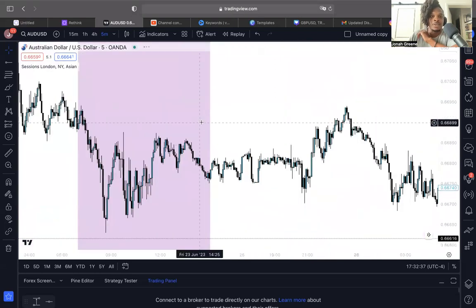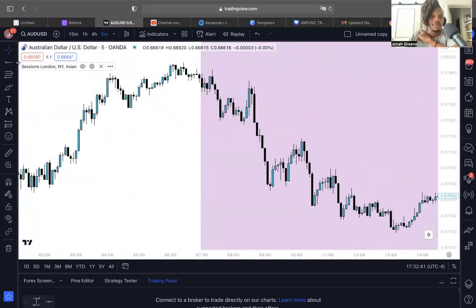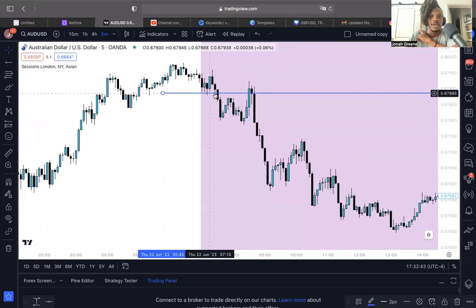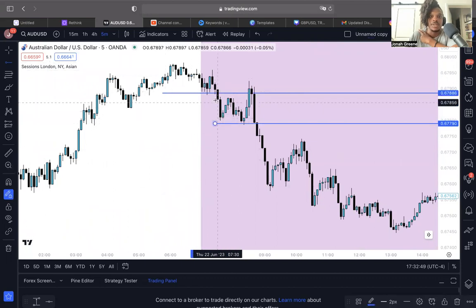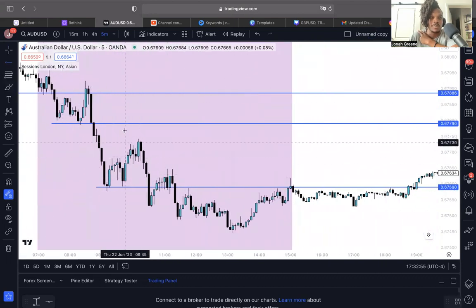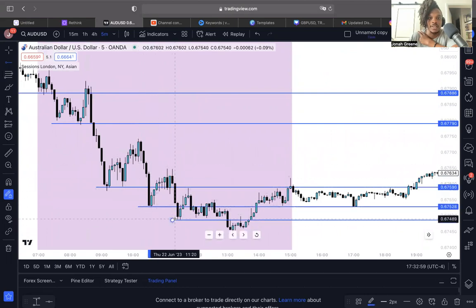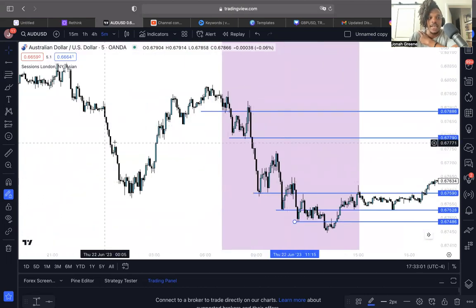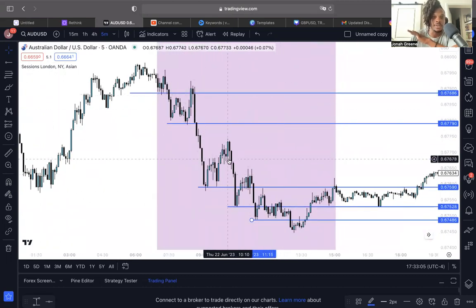All right. So we can look at one more example. Right here is a perfect example. Okay, so we got a low right here. Not the start of New York, but pre-New York. And then we can go down to this low. What this does, it consolidates, breaks this low. Then you have this pullback, breaks this low, pullback, breaks this low, pullback, breaks. So in all this area, guys, you could be looking for sales from the top all the way to the